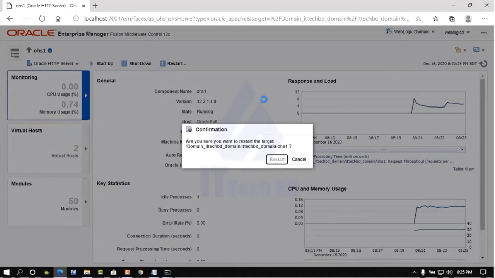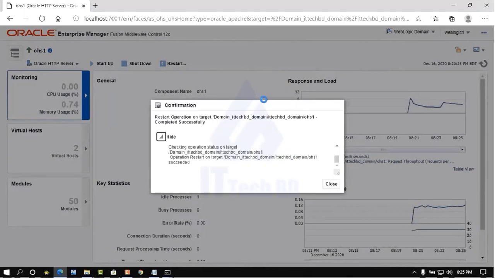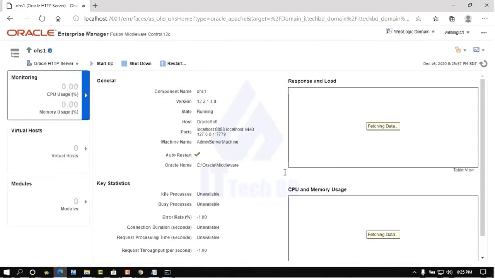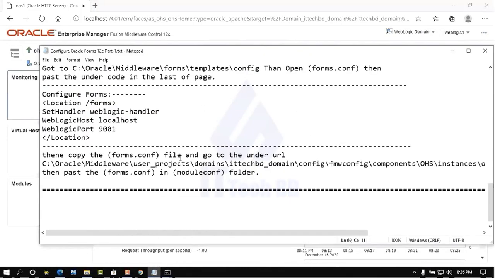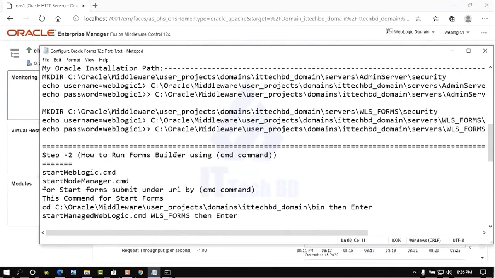Click restart. Successfully restarted. Then close. Then running. Again running. So this way you can